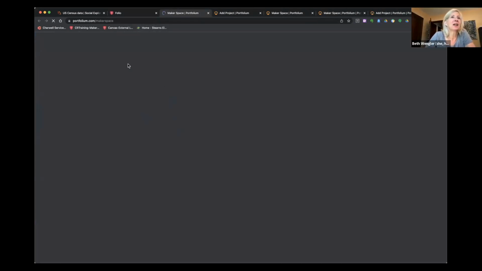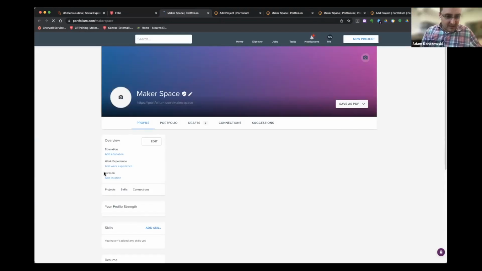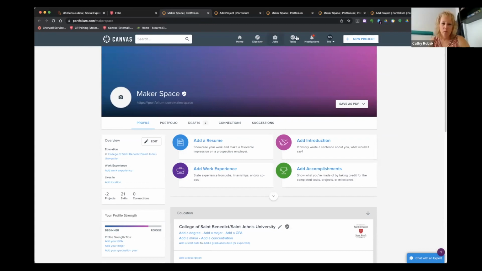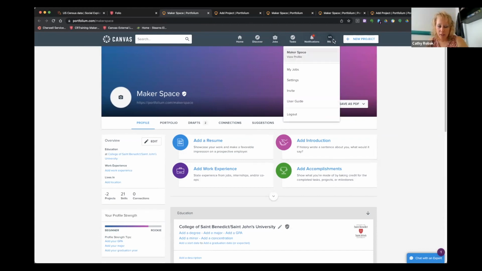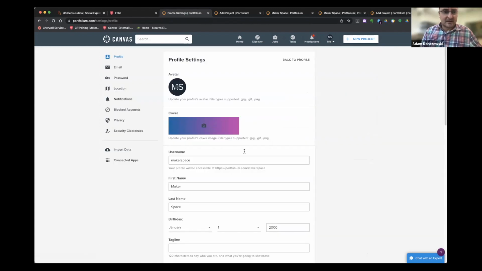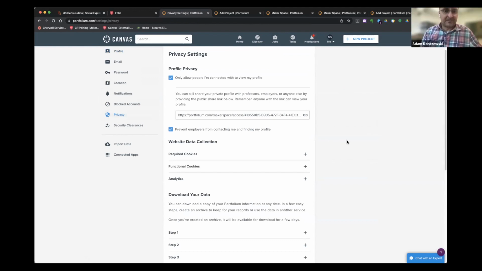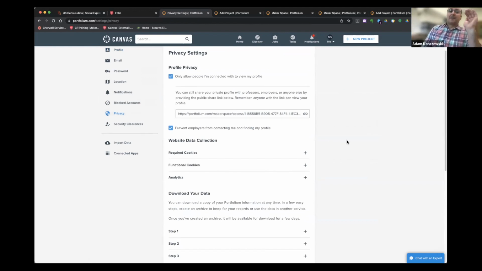So I can ask. And I was talking about settings. Do you remember, Kathy, where those security settings were? Oh, if they want to change them, click on your name at the top and go to settings. Settings. And then over on the left, if you go to privacy. Yep. So as you can see, I was talking about